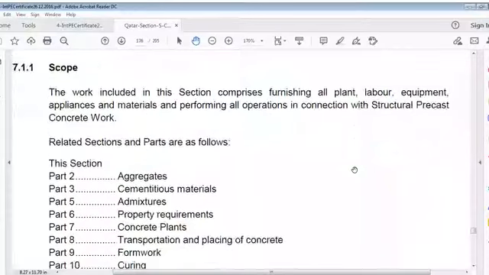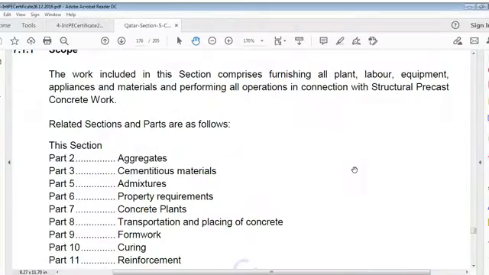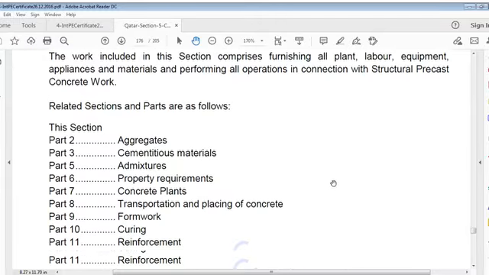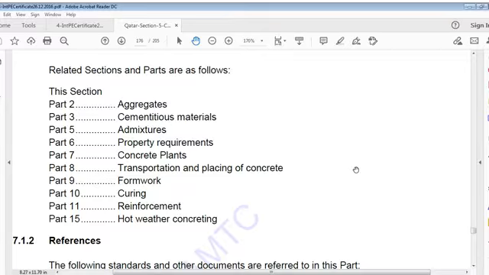Structural precast concrete general. Work included in this section comprises furnishing all plant, labor, equipment, appliances and materials and performing all operations in connection with structural precast concrete work. Sections are related: Part 2 aggregate, Part 3 cementitious material, Part 5 admixtures, Part 6 property requirement, Part 7 concrete plants, Part 8 transportation and placing of concrete, Part 9 formwork, Part 10 curing, Part 11 reinforcement, Part 15 hot